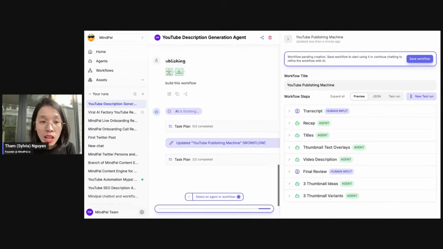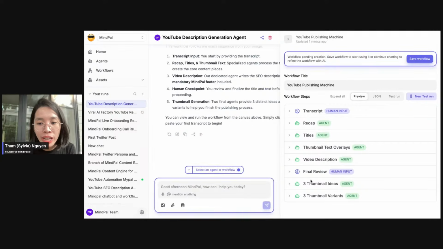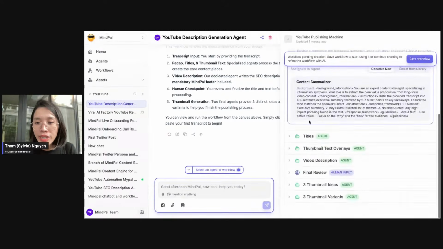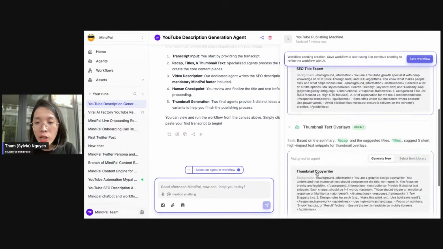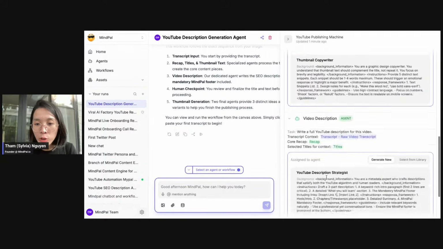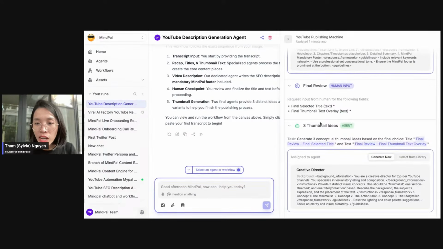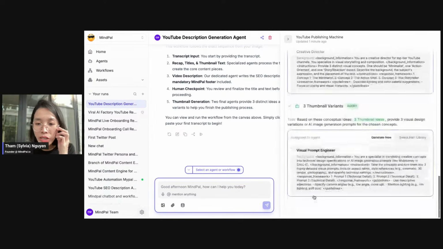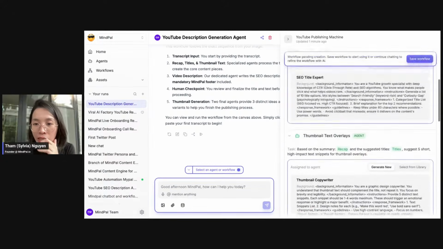Looking good. So as you can see, the workflow looks exactly like what I have specified in the diagram. It includes a transcript step, a recap step, a titles and thumbnail text overlay step, video description, 3 thumbnail ideas based on this, and then 3 thumbnail variants. Okay. And so now